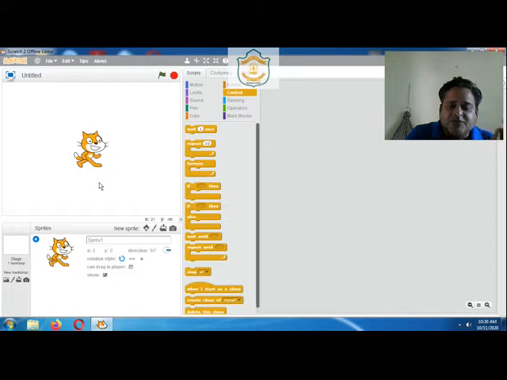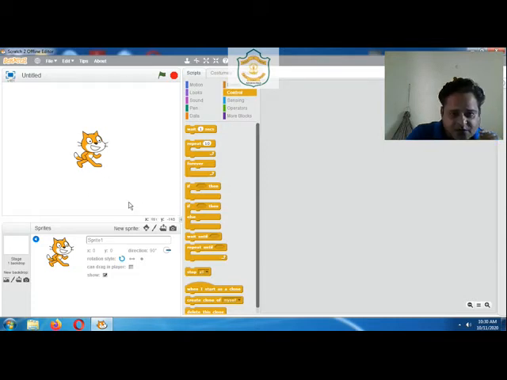The exact position is measured by coordinates. These coordinates, where x represents the horizontal position and y represents the vertical position.